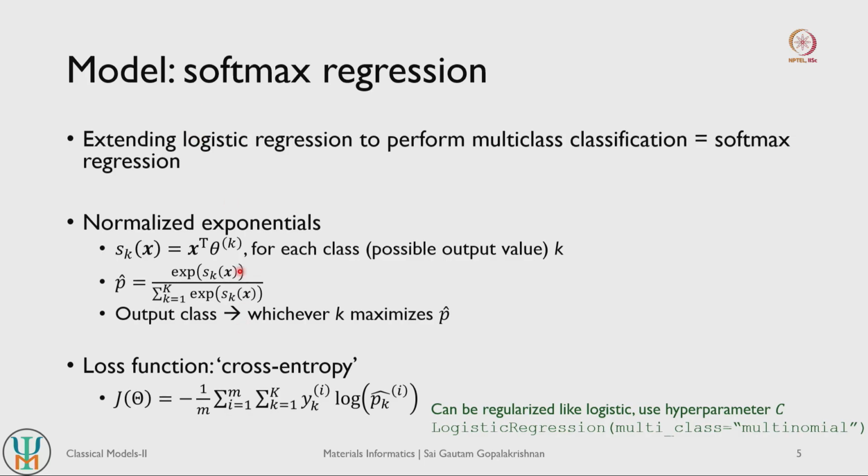So this is how softmax regression works, and the loss function or the objective function of softmax regression is very similar to the entropy-like objective function that we saw in logistic regression, but we generalize it to account for a cross entropy term, right. So we define an objective function here, J of theta, where theta is a set of parameters. We define a summation over all the data points, where m is the set of data points, and for all the possible classes that each data point can take, right.